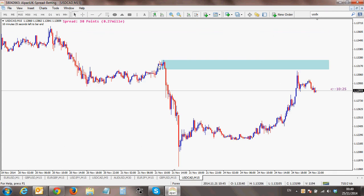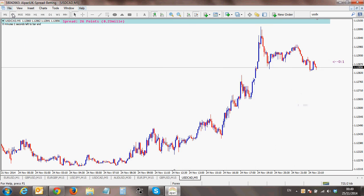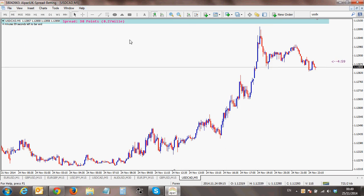See price stopped shy. You see how it moved away from this area, very strong. Drop down, so it's come back up, and it's stopped before the zone. So it's just stopped dead, and it's dropped down here. And if we're looking closer here, down to the M5, we have a flag there, which has very recently,